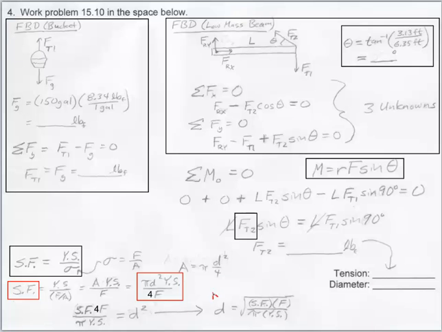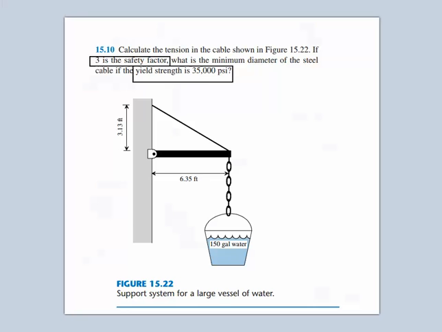Then I simply take the square root. It's supposed to be a square there. I simply take the square root and I find that if I take the safety factor, which is 3, times the force being applied, and I think that is going to be, oh wait, yeah, here's the force that we're applying, because it's the beam that we're talking about up here, the cable, not the beam, the cable that we're talking about here. So this is FT2 right there. There's pi yield strength, as we said over here in this problem right here,